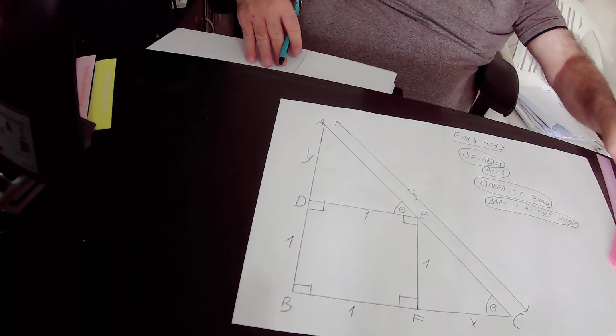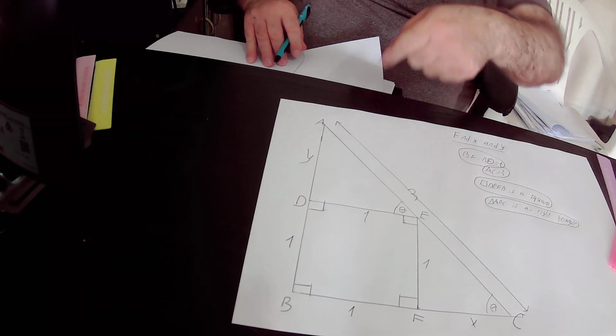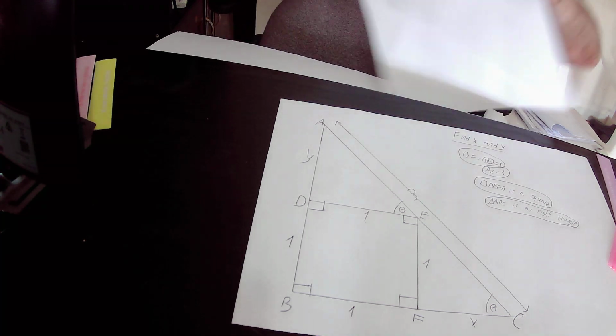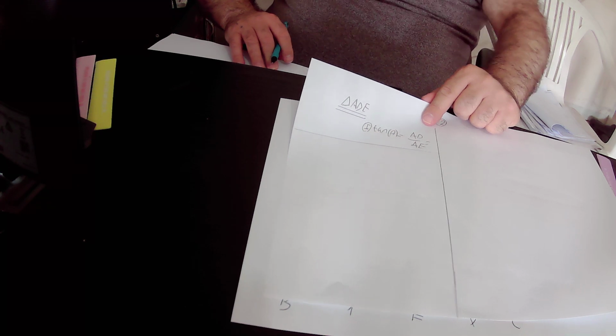I repeat again, in the right triangle ADE, we know that tangent theta equals AD over AE,